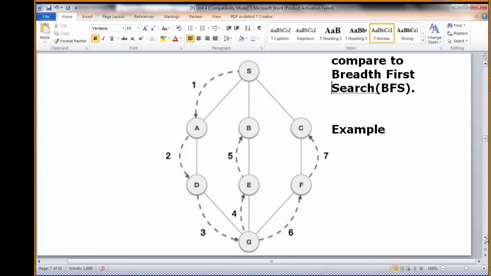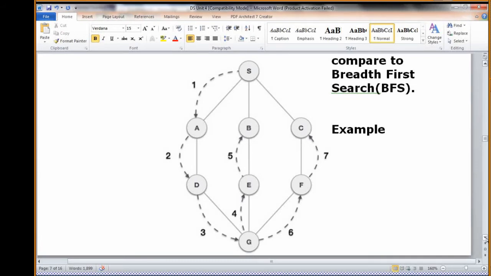B to S connection is there, but S is already visited. That's why it always compares with the visited array, and S is noted as true. After B, it will check again from E and from G whether any connections are there. From G, F is connected, and F is not visited, it is not there in the visited list. So from G to F, and then F to C. And from C, it will check how many connections are there. S is a connection, and S is already visited. So then it stops.